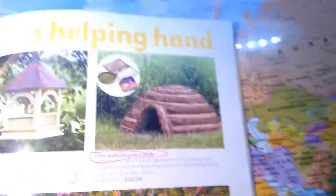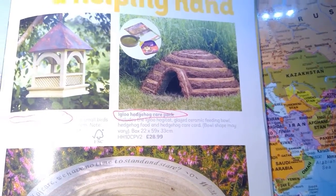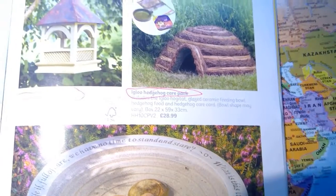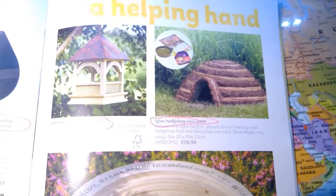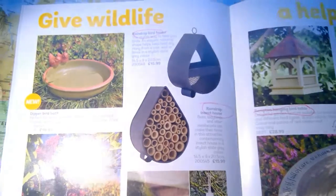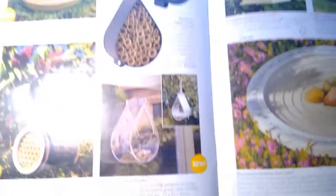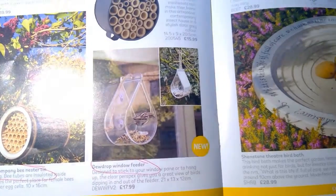And this hedgehog house looks so cozy and cute, and it's really roomy, and it's a care pack, so it comes with the house, feeding bowl and food, and then a care card, so it's sort of like a starter pack for beginners, I think. And then these little bird feeders and insect houses, and this window feeder,